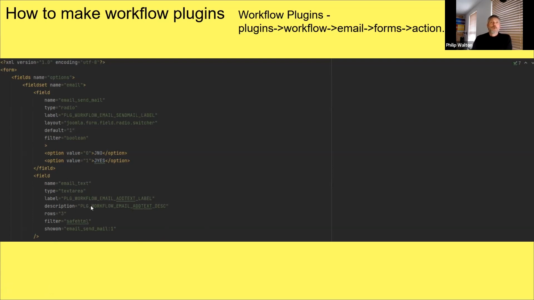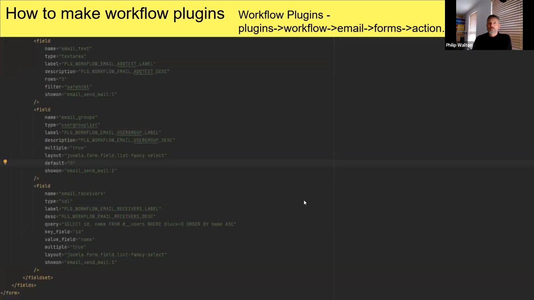So very simple. So this will be used every time there is a transition that has the tab that shows the email ability to send. And if it's selected, then this is where it will actually switch on the selection of the email, and this is where you can put the text to put into the email. Got the text, and this is the area where we picked our user group.